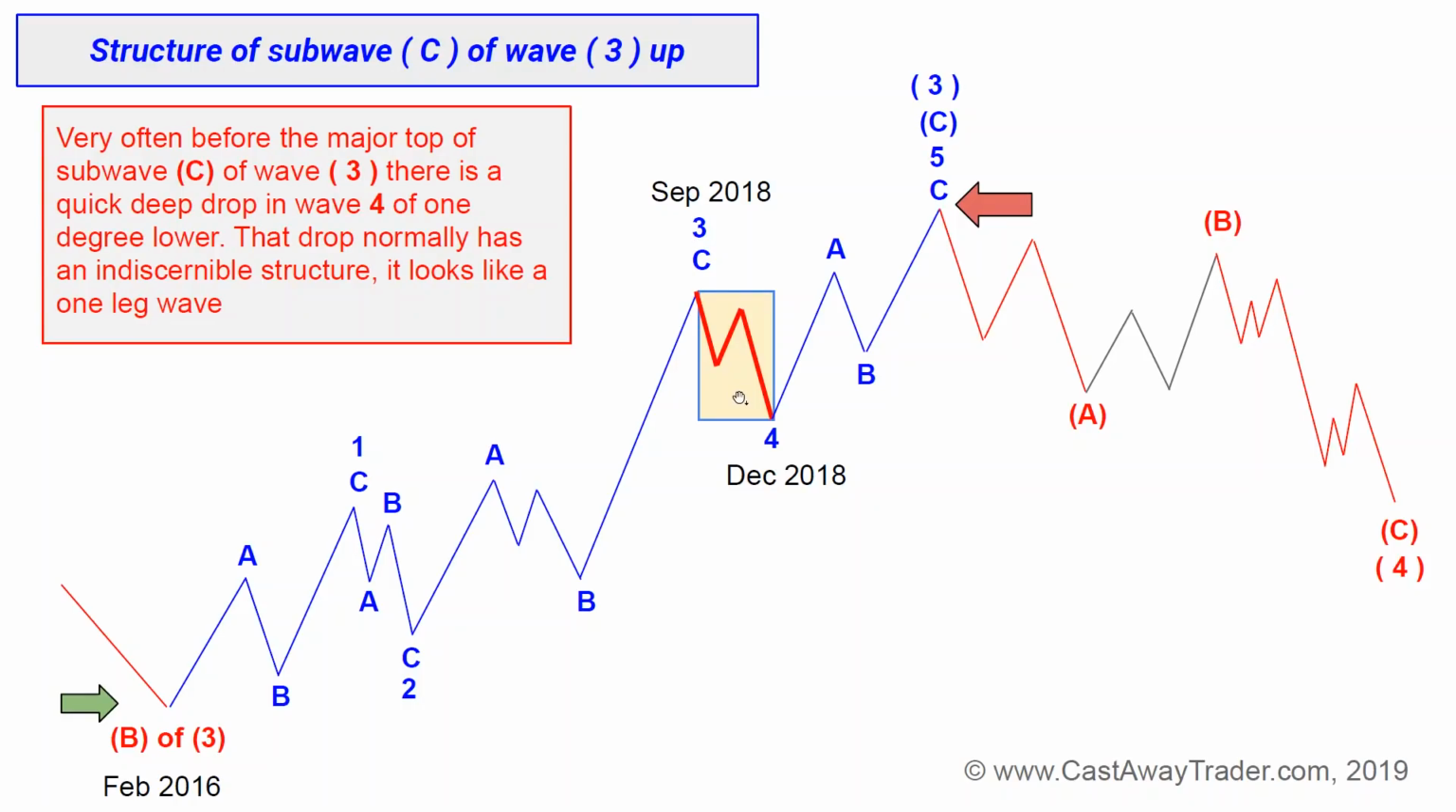And that drop normally has an indiscernible structure. It looks like a one-leg wave down. And I believe the drop we got from September 2018 into the low of December 2018 was that minor drop before the final push structured as ABC in wave 5 up. And that final push, ABC push higher, should make that final major top in the market before a multi-year corrective